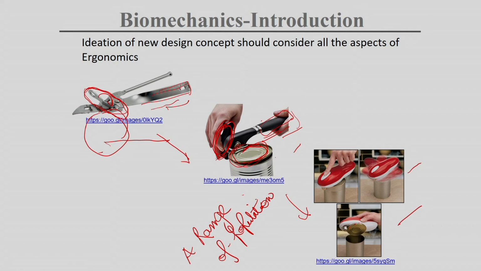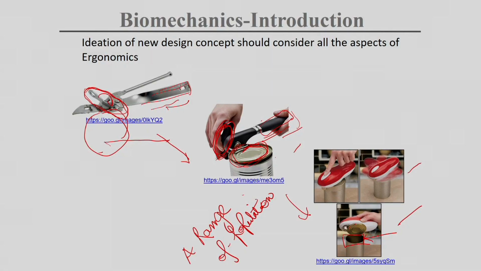Another very important point when we are designing any product is, once you are done with the cutting, what is remaining. In a few cases, if you see this product, once it's coming out, this edge is very sharp. If your product is cutting like this and you are left with a very sharp edge, it can be very unsafe from the point of view of further use of this content. So once you are designing, you have to understand the biomechanics and the person's form, what the material is, how it will be manufactured, and how much force they can exert.